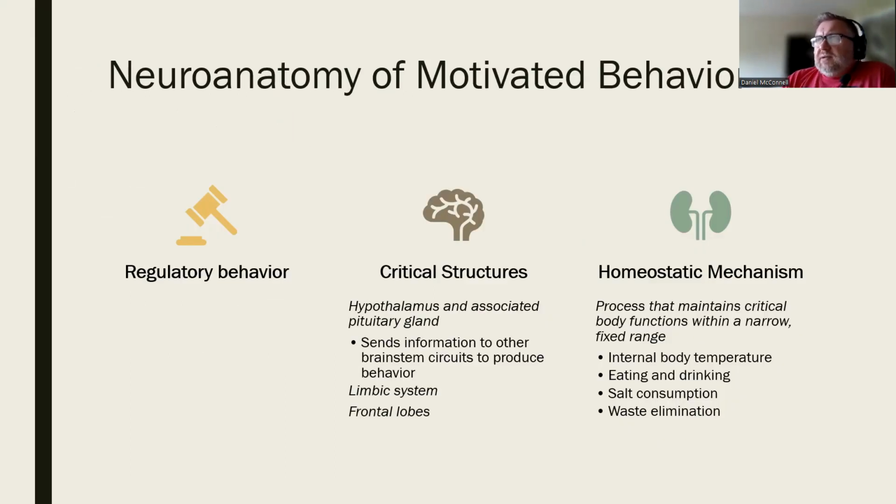So if we're going to describe motivations in these kinds of biological evolutionary ways, we need an explanation for how that works. And so we're going to talk about this concept of regulatory behaviors. What we're also going to see a little bit later in these notes is that there are also examples of other biological behaviors that may not be exactly regulatory in nature. But regulatory behaviors are examples of where we're trying to maintain a certain state of affairs, and that requires regulation.